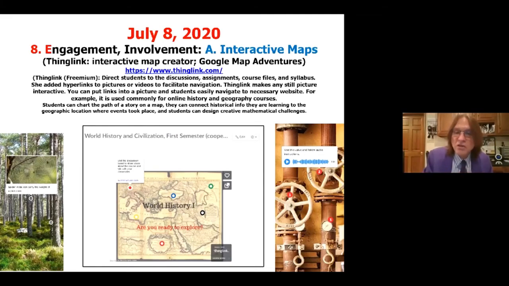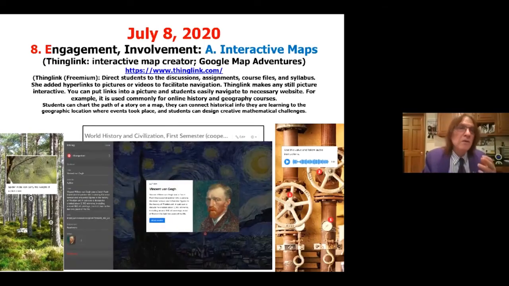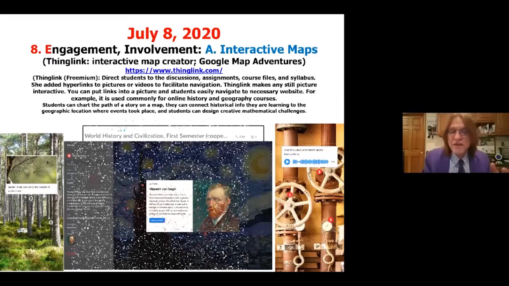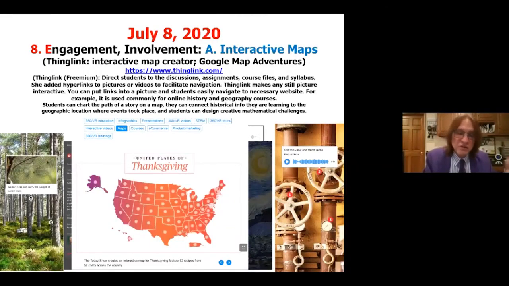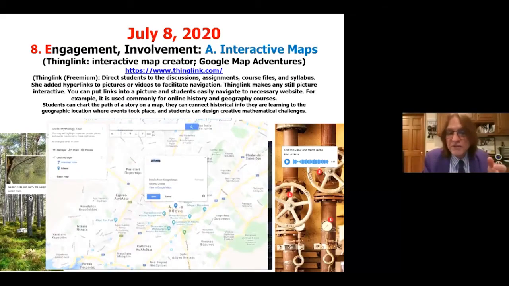So you might have Vincent van Gogh in the Netherlands, in the Amsterdam Museum, and you can be linking to different Van Gogh paintings or different artists like Van Gogh, and so forth, using ThingLink. Or a map of the US and different states and the capitals. You might be linking to what's famous for different states in the US. Or different places in Athens, Greece that you might want to look at in ancient Greece or ancient Rome.